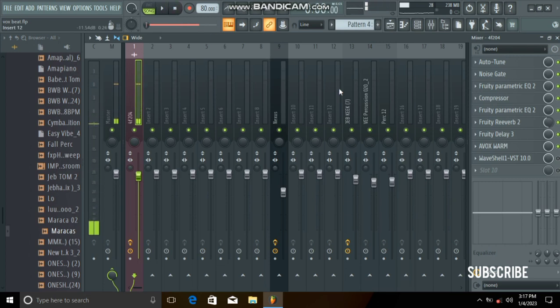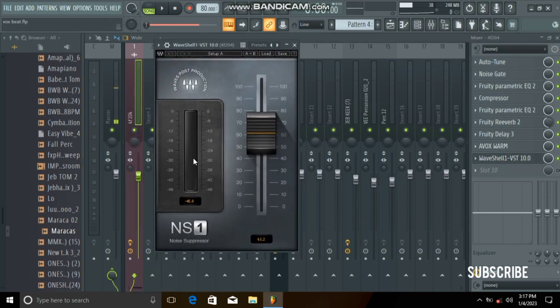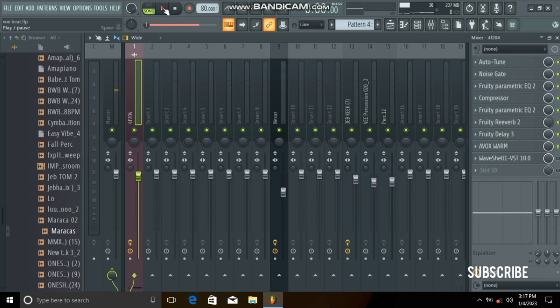Okay, so I noticed that the background noise was still there, so I added a noise suppressor from Waves, which is NS1. So I brought this to a level somewhere around 63. Yeah, I played it around 60 to 70. So without it: